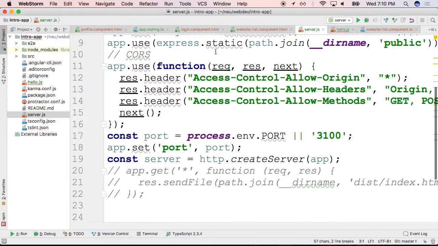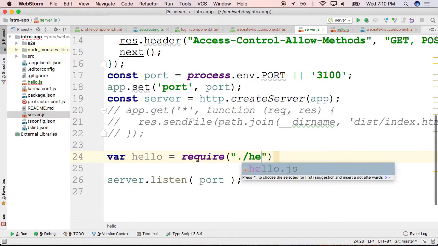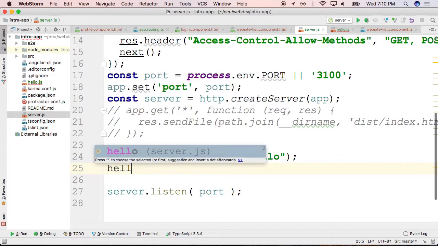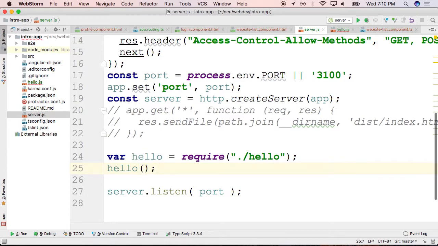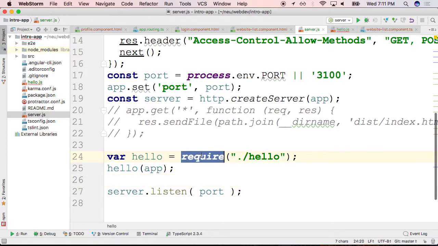All right, so let's do that. So I'm going to load hello from here, var hello. I'm going to require the hello file, hello, there it is, right? The .js in require is optional, right? It's implied, right? It's a JavaScript file. Okay, so you don't have to provide it. Now that I have hello, I can call it and pass it the app. Yes? Now, for the require to work,